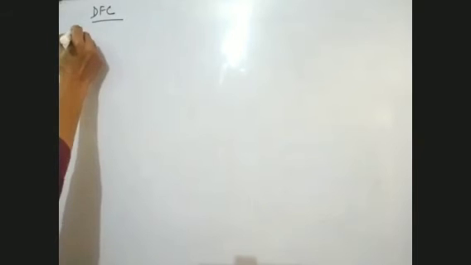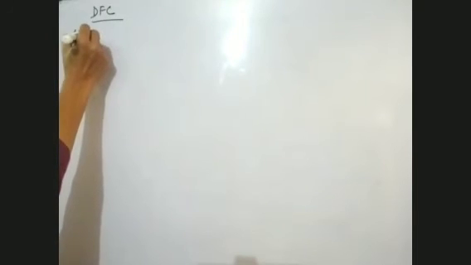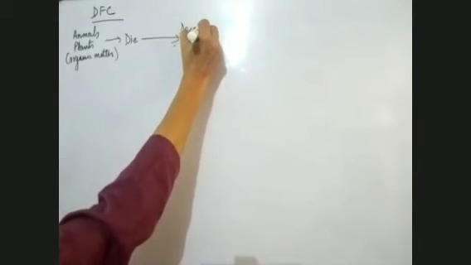DFC. This is the detritus food chain. So for DFC, we should have detritus. What is detritus? Same thing which I told you. The animals when they die or the plants when they die, their body is made up of organic matter, whether it's an animal or a plant. When they die, their body is decomposed